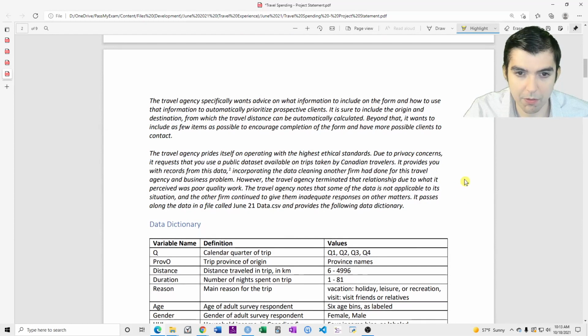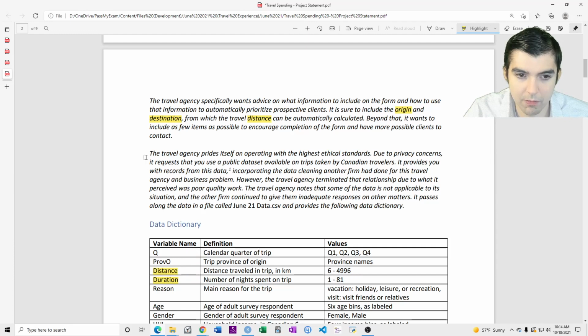The travel agency specifically wants advice on what information to include on the form and how to use that information to automatically prioritize prospective clients. It is sure to include the origin and destination. These are, in other words, variables from which the travel distance can be automatically calculated. Beyond that, it wants to include as few items as possible to encourage completion of the form and have possible clients to contact. So when you look in the data dictionary, you can see there's distance, there's duration,